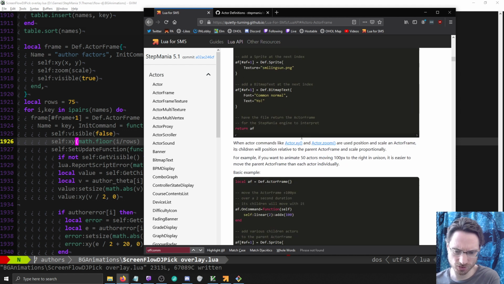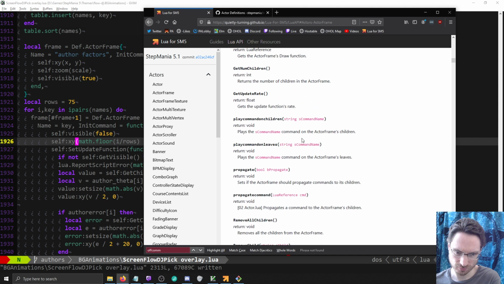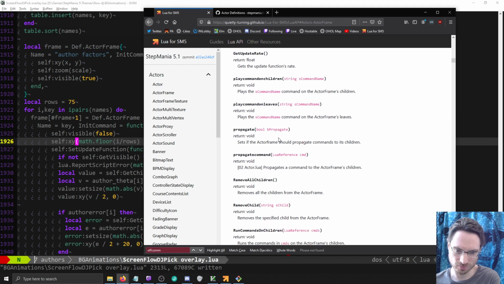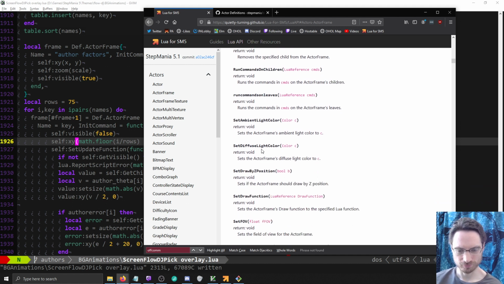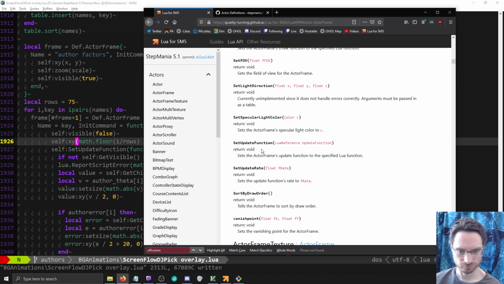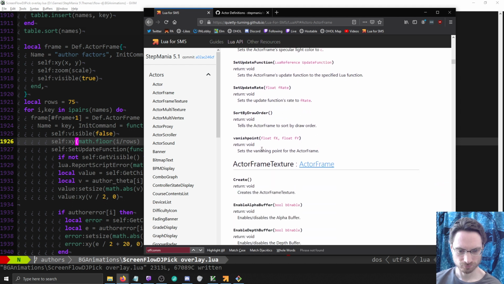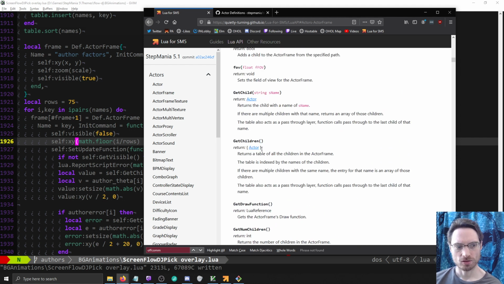I guess actor frame would do things to its children. There is the broadcast to children thing. I don't know if that goes recursive. Update functions rate, it doesn't seem to do anything. Propagate commands to its children. There might be a couple levels here. So either you would have to explicitly know which frame to be watching for visibility,